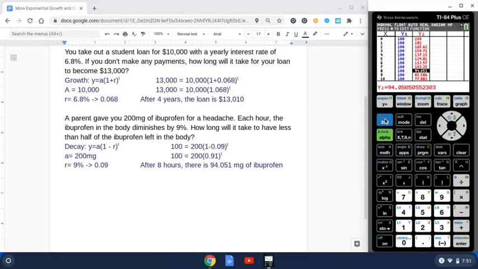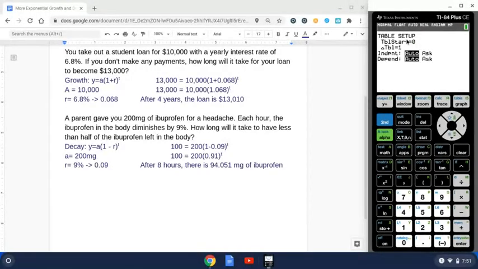So I'm going to hit second and then table set. And basically, you can change how your table is set up. So if you want it to start at 0, like when x is 0, then you would click that. And then this delta sign is change. We used it with slope, like change in y over change in x. So this just means how is the table changing. I have it set to 1, which means it's going up by 1 every time. So our table goes 0, 1, 2, 3, 4. But if you wanted to make it a decimal and have it maybe go up every 0.5, you could do that as well. So now if I look at my table,